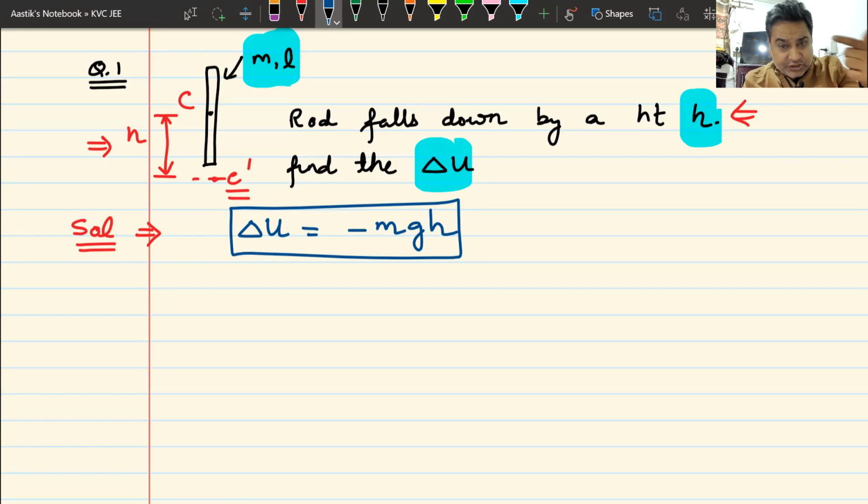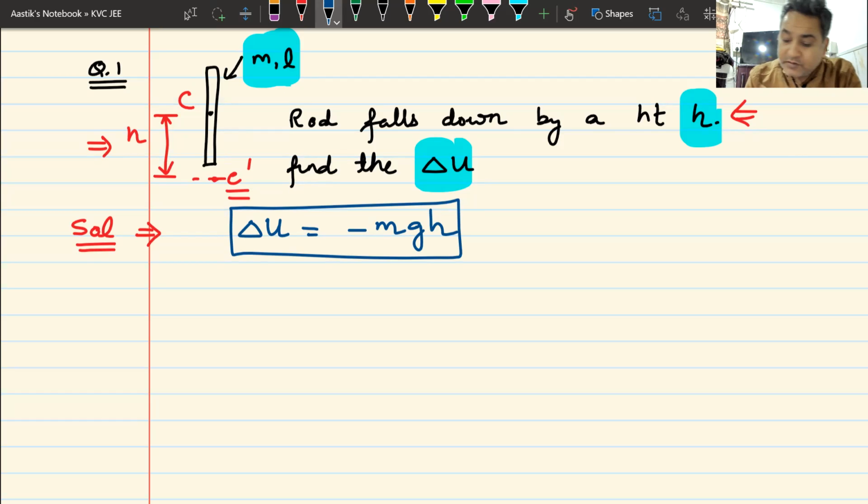Okay. Now the second question comes. Now tell me, anyone, why is this rod falling? When you are doing a question, if you analyze it from every angle, whatever question comes in the examination hall, you will feel that you have done it at some point in your life. And that is the whole purpose of taking your class. That is the whole purpose of what I have learned in the past 15 years, teaching about 55,000 students.